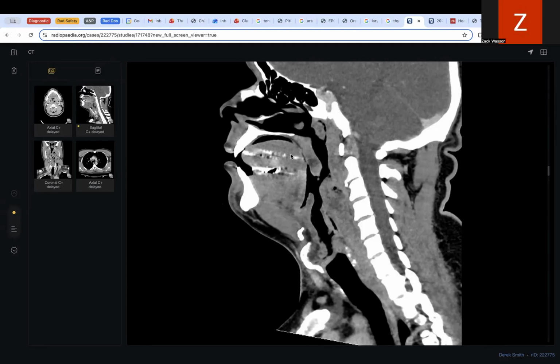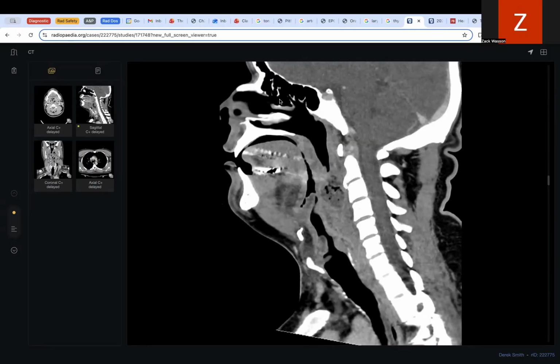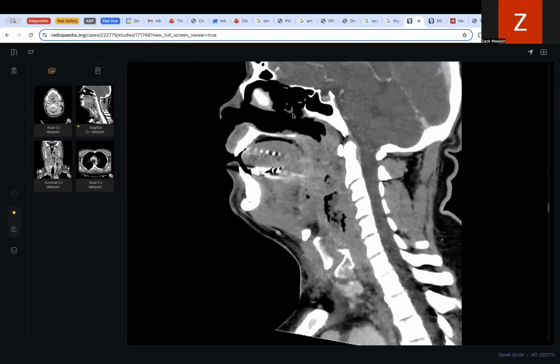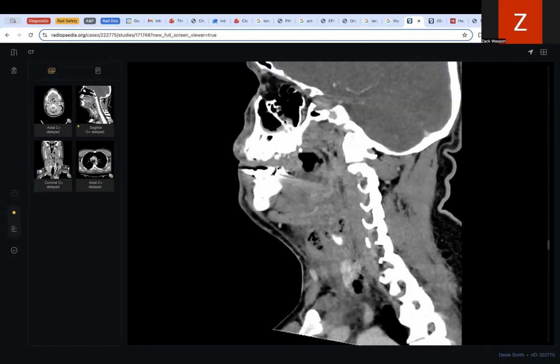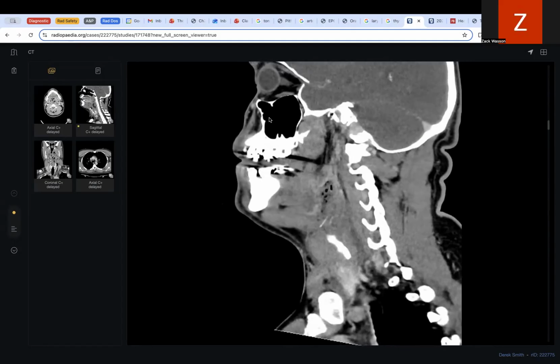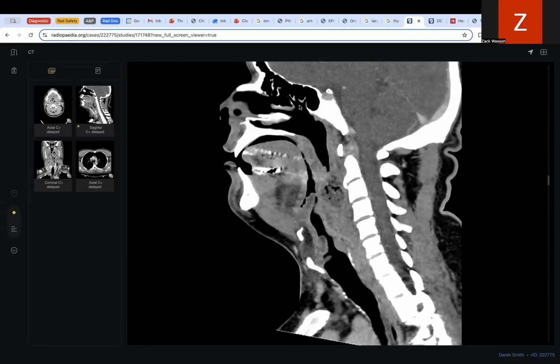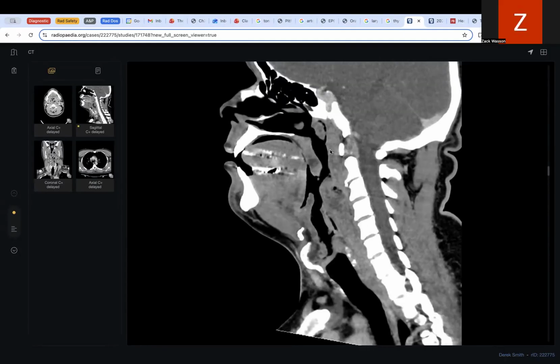This is a sagittal view. I just want to start up here at the top, go down here. You can see it's the nasal. If I go right in the middle of the nasal septum into the nasal cavity, and let me see if I can see. Yeah, here's the maxillary sinus on the right and the maxillary sinus on the left. It's better to see it on the coronal view, but the nasal cavities are essentially how air comes through, gets filtered